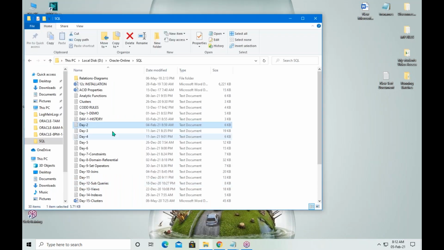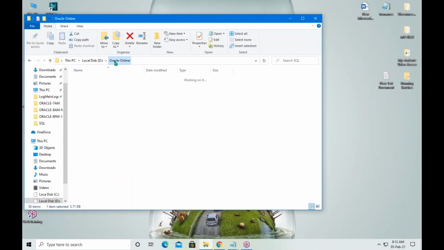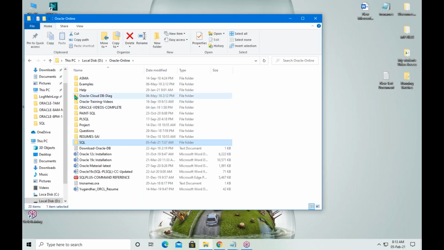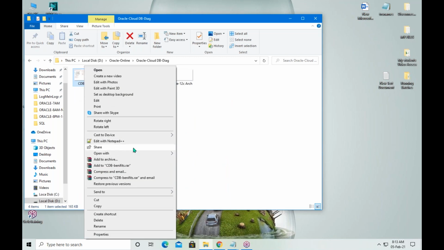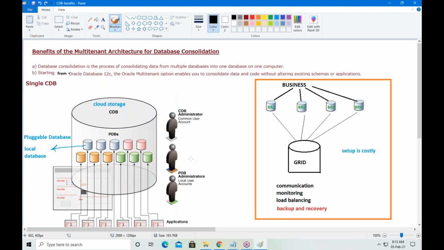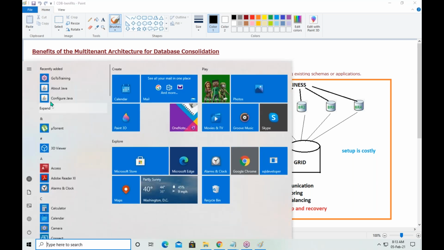Before this, you need to understand the Oracle 12c, 18c, 19c architecture. These three are known as cloud databases, so you should understand the cloud database login process. First open SQL Plus.